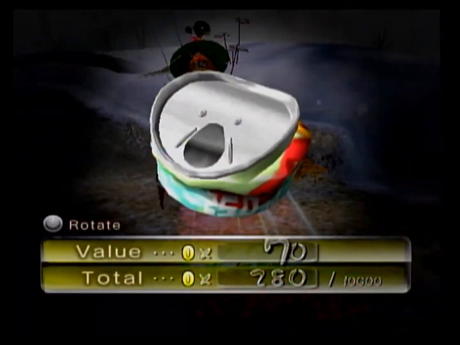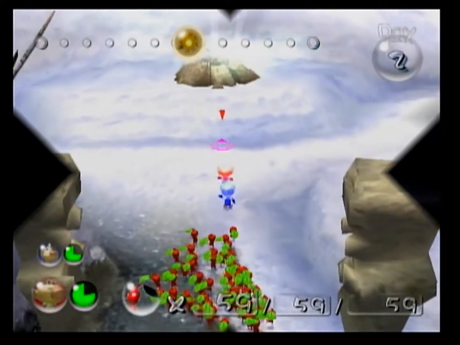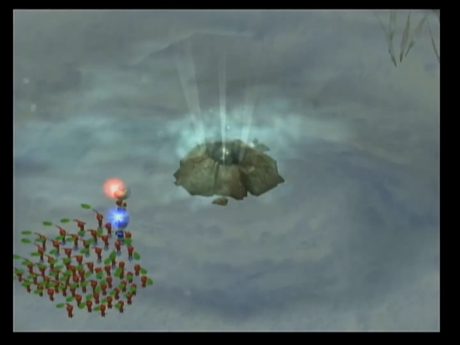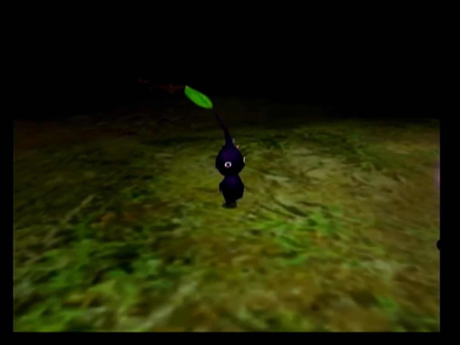The treasure wound up being called Utter Scrap, which is exactly what it is, it's just a crushed can. As soon as the Pikmin got the treasure to the ship, I brought those Pikmin back over to the wall and had them help destroy it. Once the wall was destroyed, I entered the first dungeon of the game,